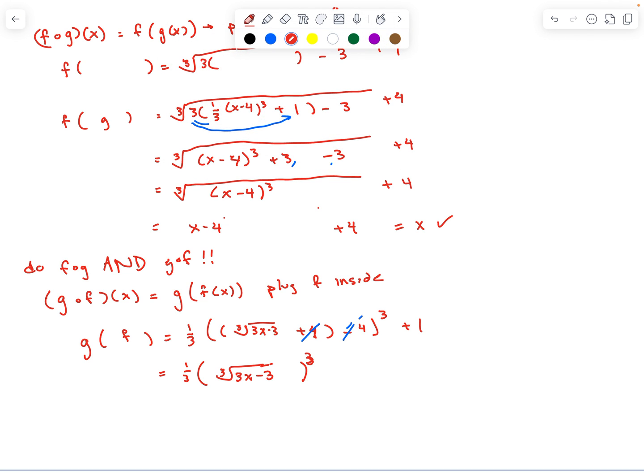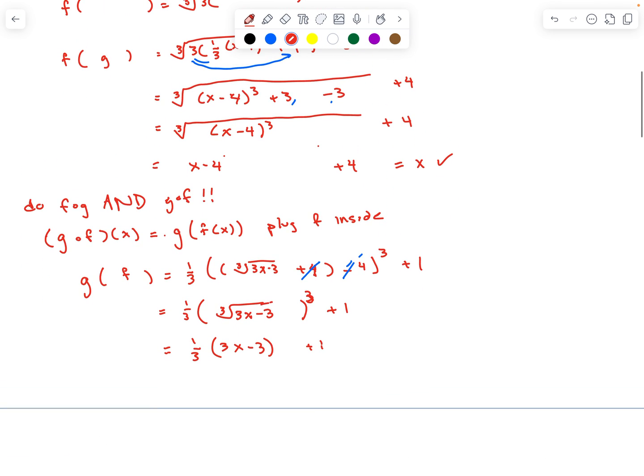Oops. Now I can cancel the cube and the cube root. And then the 1/3 and the 3, the 1/3 can get distributed to both terms. So you have x minus 1 plus 1. It is x. That's not the answer. Remember, the answer